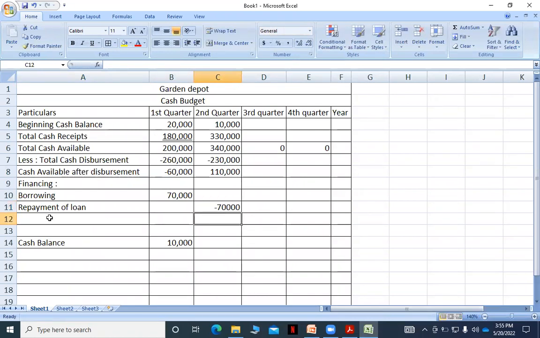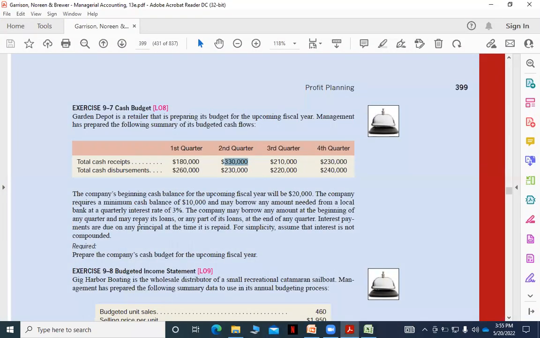70,000, and also we need to calculate the interest. Okay, we need to pay the interest. We take loan, so that's why we need to pay interest, and interest rate is given per quarter. It is 3%. Okay, স্যার পার কোয়ার্টার 3% হবে নাকি অ্যানুয়ালি 3% হবে? এটা আপনার কোশ্চেনেই বলা আছে পার কোয়ার্টার 3%। এই যে দেখেন কোয়ার্টারলি ইন্টারেস্ট রেট ইজ 3%। যদি আমাদেরকে ইয়ারলি ইন্টারেস্ট